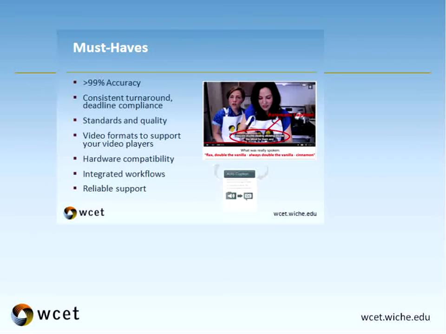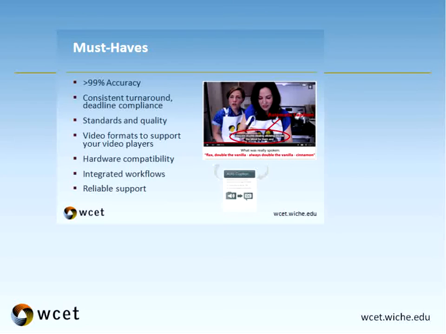The next item that's a must-have is to have consistent turnaround and deadline compliance. So this is something that, for example, at 3Play Media, we provide a range of different turnaround options, and you can even request turnaround as quick as 2 hours. So that's something, if you need something urgently, you can have it urgently. If you're doing in-house captioning, that's something to keep in mind. I think the key is sort of consistency. If you need to have a file captioned, but it's finals week and your student transcribers are not able to get to it, that's something that could produce a hiccup.